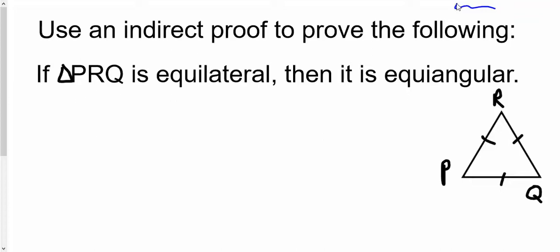So what we do is we first start by assuming what we're trying to prove is false. What we're trying to prove is this triangle being equiangular. So if it's equilateral, then it's equiangular. We're going to temporarily assume